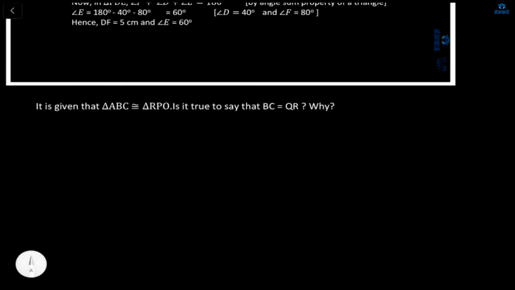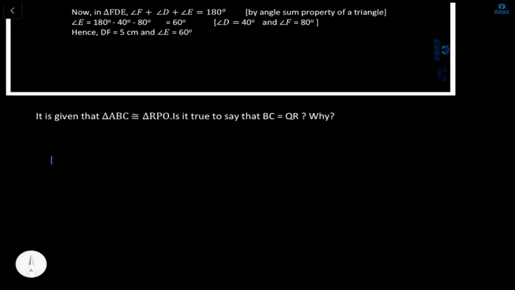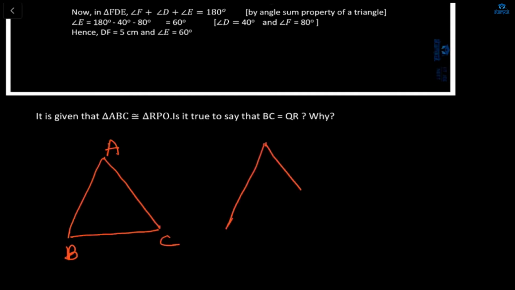Okay, it is given that triangle ABC is congruent to triangle RPQ. So I am writing A will correspond to R, B will correspond to P, and C will correspond to Q. Okay, RPQ. Now again, the figure is not shown. Everybody can see both the complete figures. Okay, now you have to tell that if these 2 triangles are congruent, then will BC be equal to